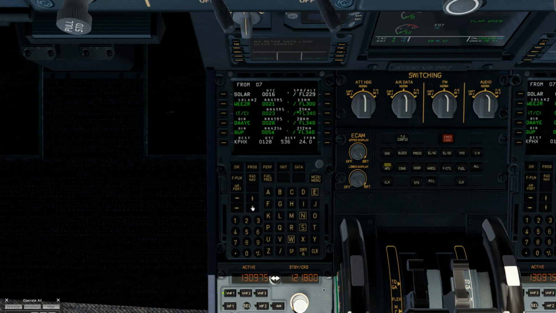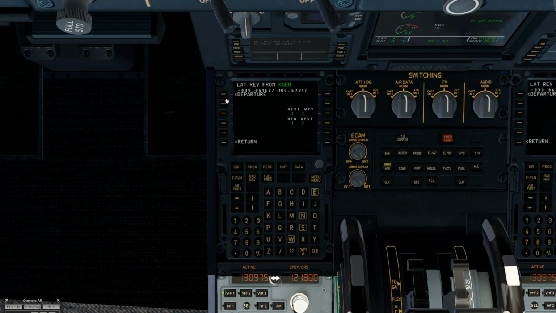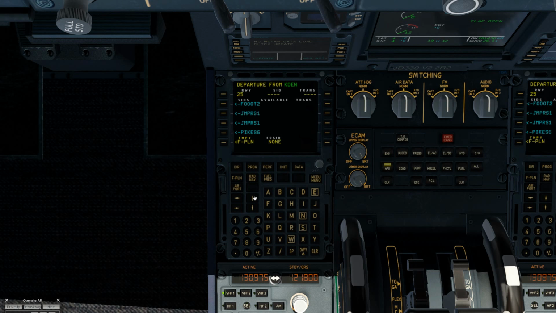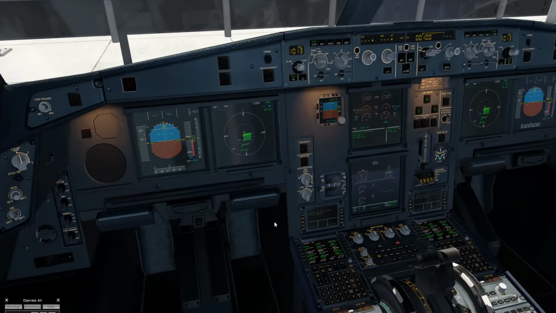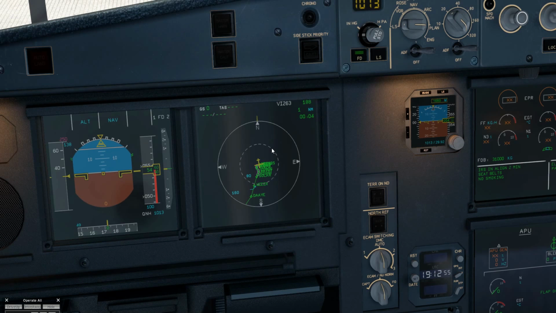Oops, that's departure, sorry. We're going to go for 25. 25, and we're going to go through solar. Keep that the same. No transition. Insert that into the flight plan. And we should be good to go. Now if we check it, yep, now we're going to be running out of 25,